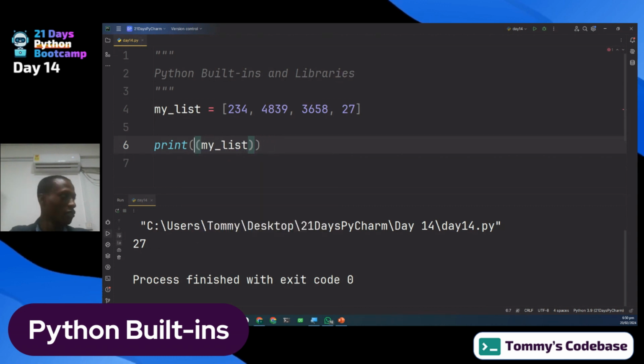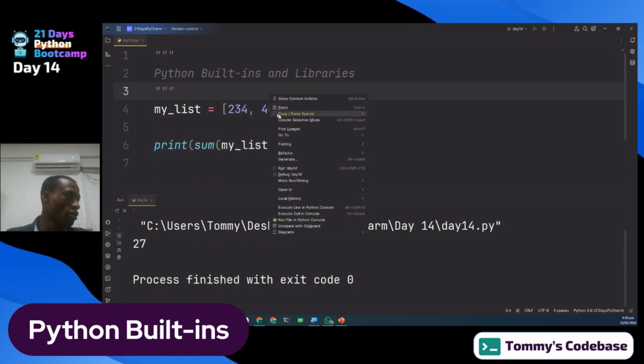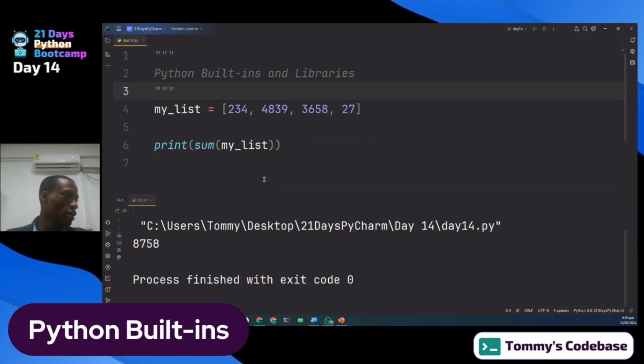Is there mean? No. But there is also one called sum, which will sum all of these for me. Unless we confirm with the calculator, but we can be sure that Python will give us the correct answer. So that is it also with the sum. And then there is